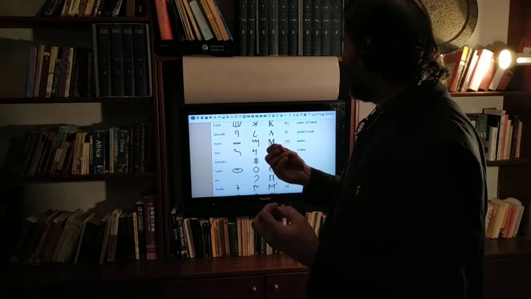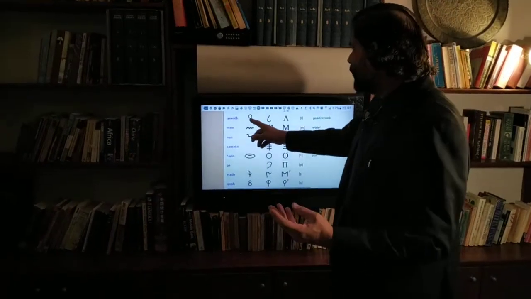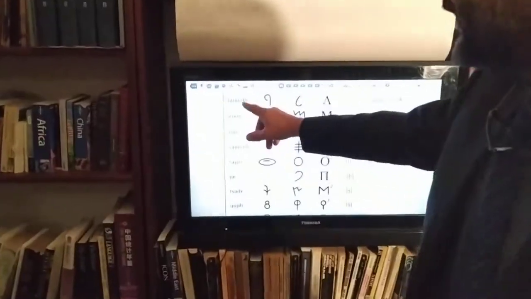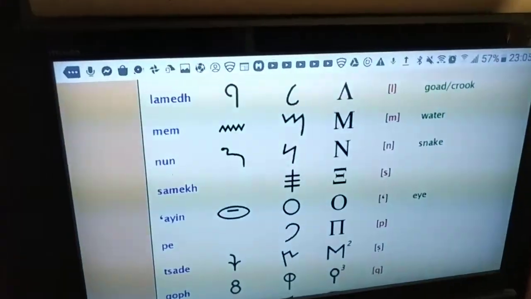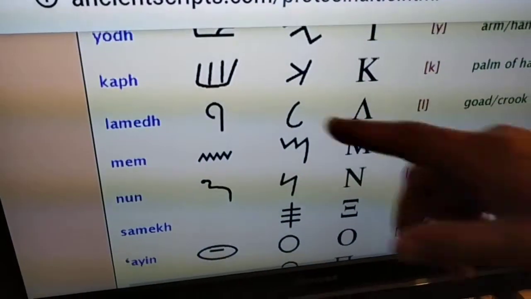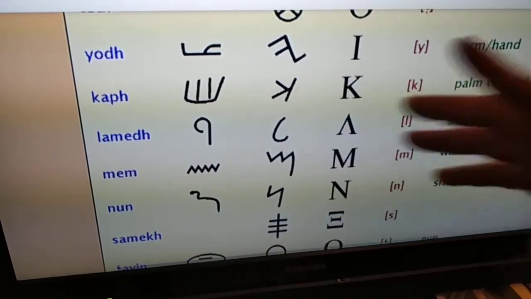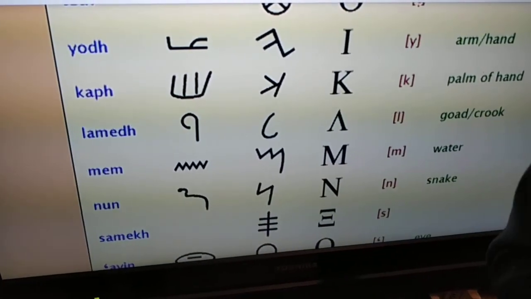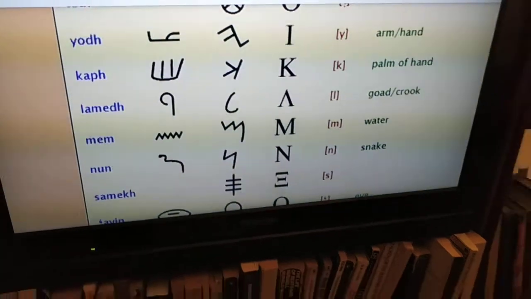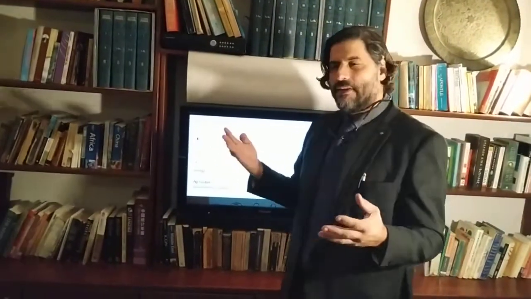So the letter Yud, and then moving up from Yud, we have the Kaf. And the Kaf is particularly interesting too, because where the Kaf appears, the Kaf is this is the Kaf. The Kaf is the hand, but the Kaf is also a spoon. It is also the penultimate instrument, a fork, and